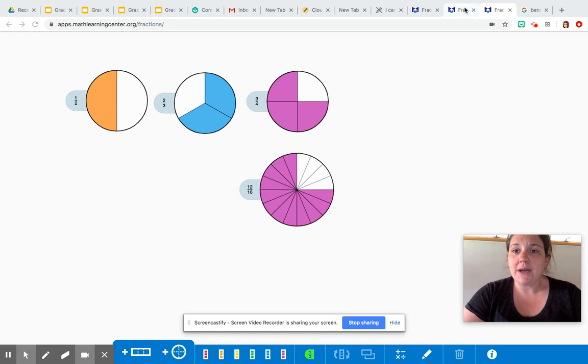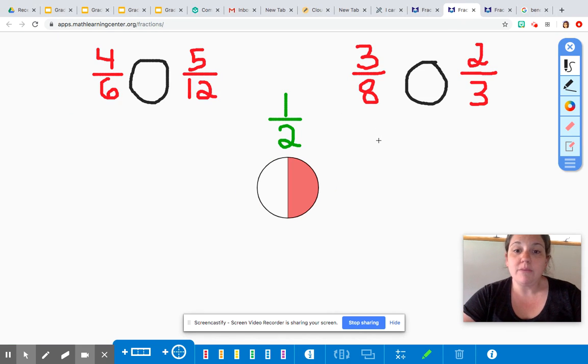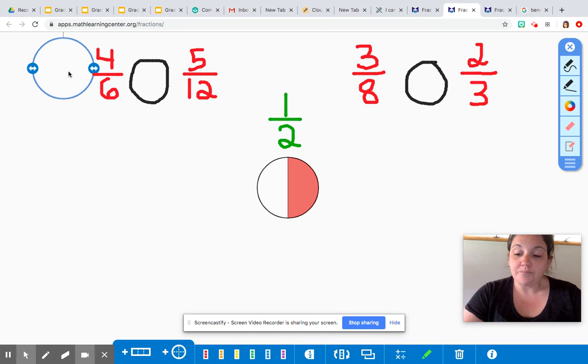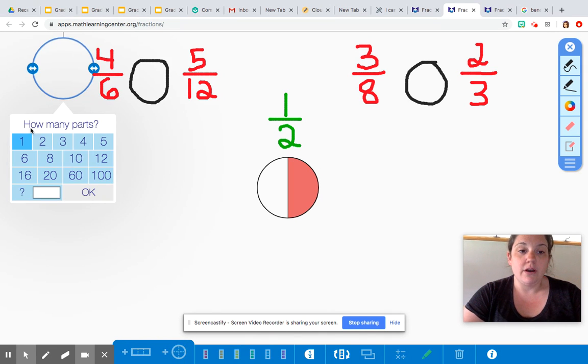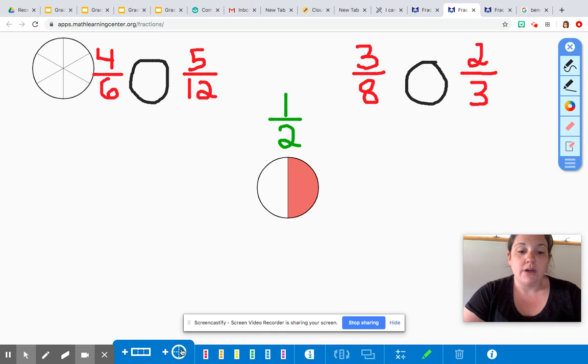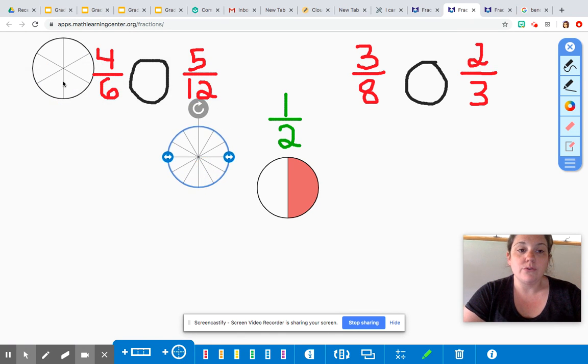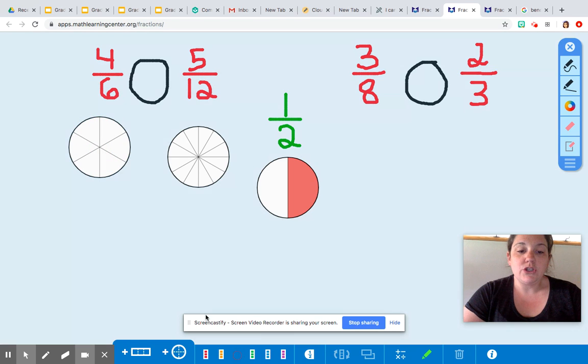So today we're going to compare fractions using the benchmark half. So I have half here. You can see I have a circle with half shaded, but I also have 4/6 and 5/12 off to the side, which are the first two we're going to compare. So I'm going to just drop a couple circles here. I'm going to do one with 6ths, and I'm going to add one over here with some 12ths. I'm going to drag those over, and I'm going to just quickly shade in my 4